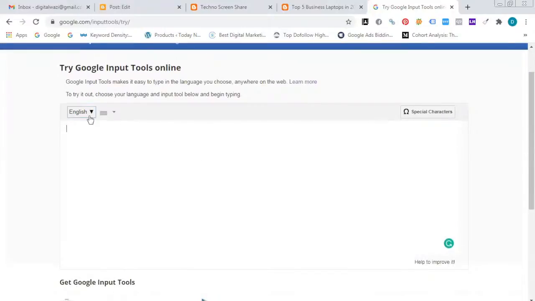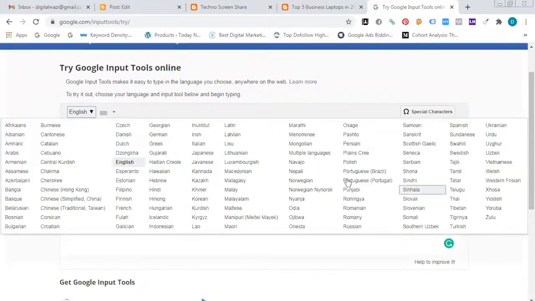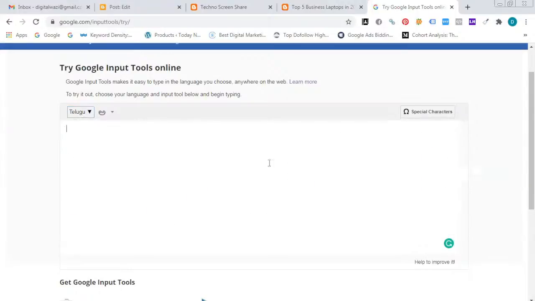See here, you will select your language, which language you want to present your content in. You can select Hindi or English, whatever, Telugu. For example, I want to publish content in Telugu. Select the language Telugu. Then you know WhatsApp chat. How to chat? Just tell me one Telugu word. See, avaru. See how you will be chatting. Then you can select the exact word. Then you will prepare our content. Like those words you can use, and you will prepare our content in your own mother tongue languages also.